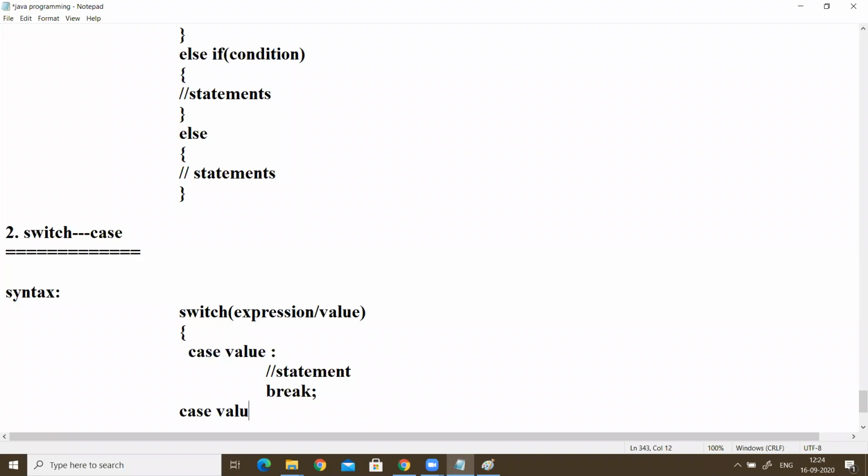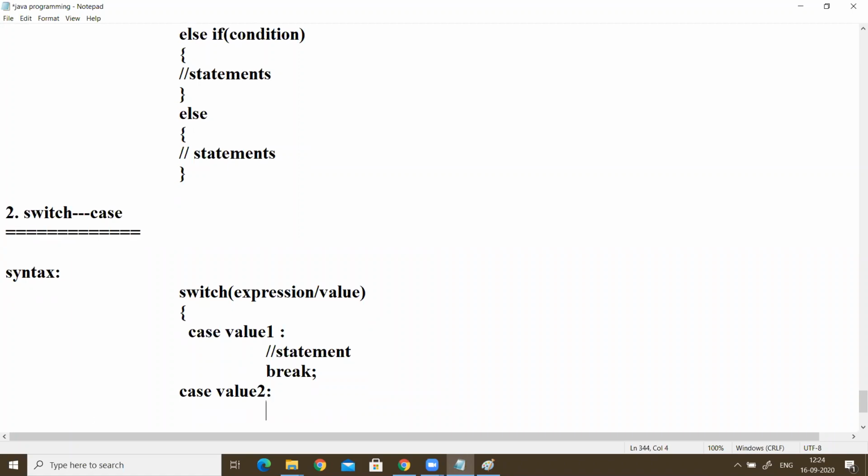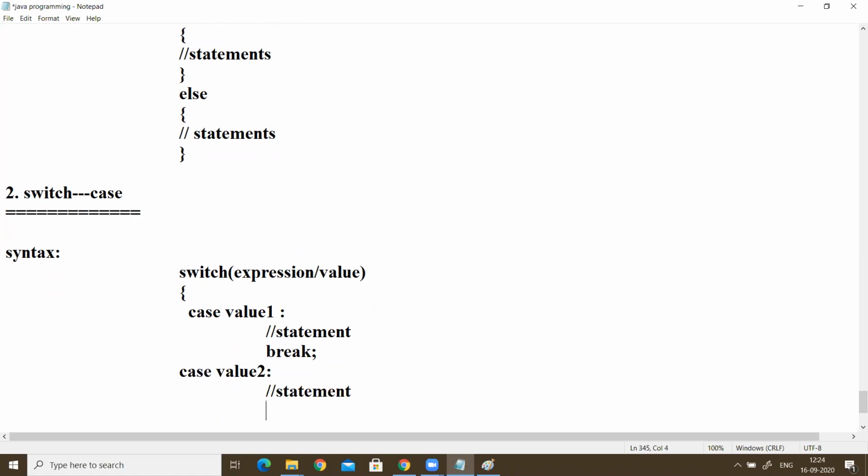Next, case value 1, then if it is value 2, then write that, and then colon, and here also statements, and then break.